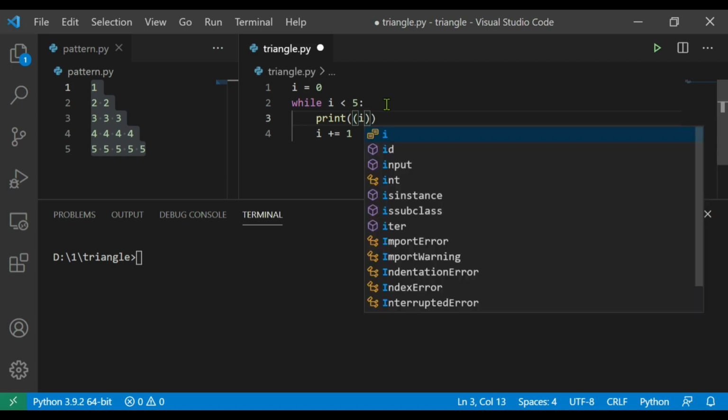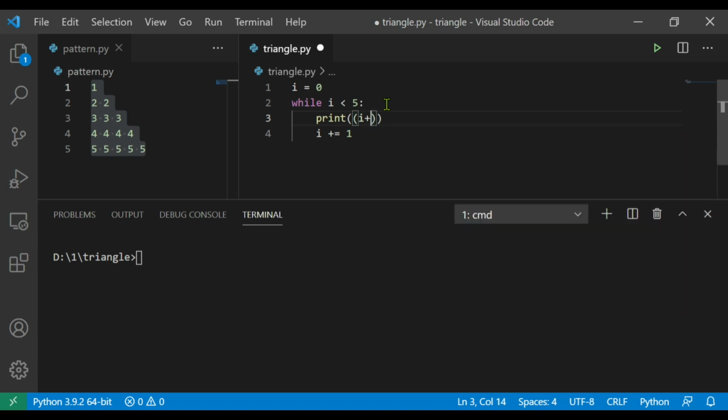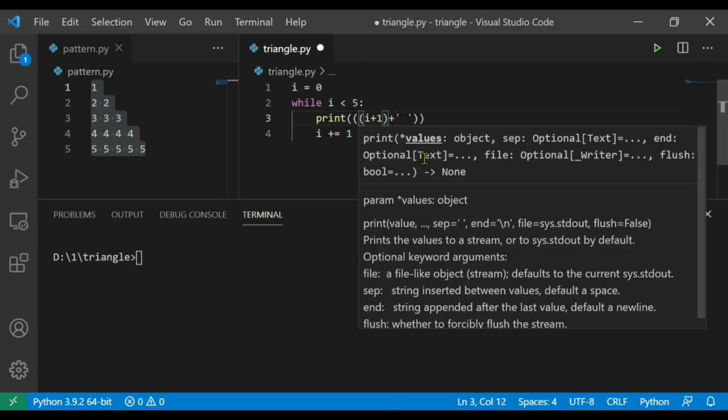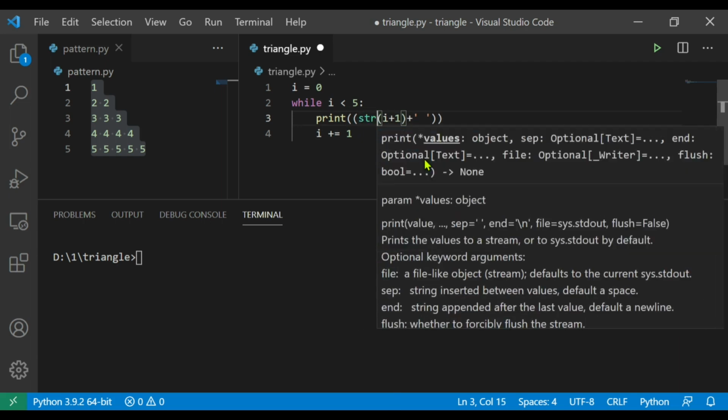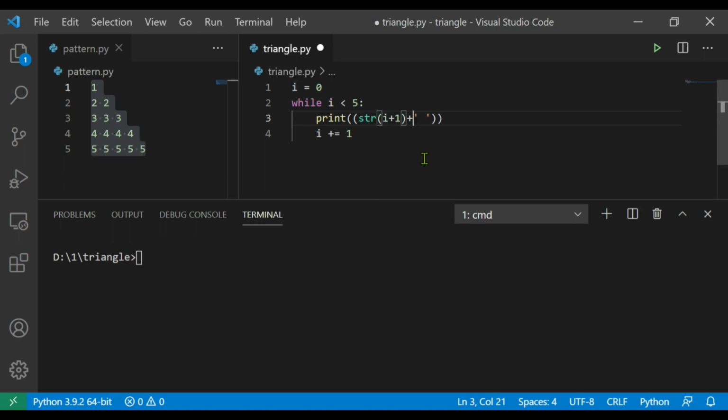The numbers are increasing line by line in the range of 1. So starting from 1, 1, then 2, then 3, then 4 and 5. And along with every number, a space character is appended. Here we need to concat string with integer to avoid type error,